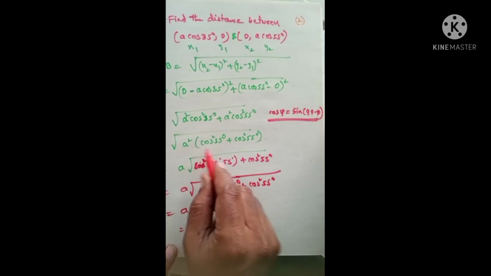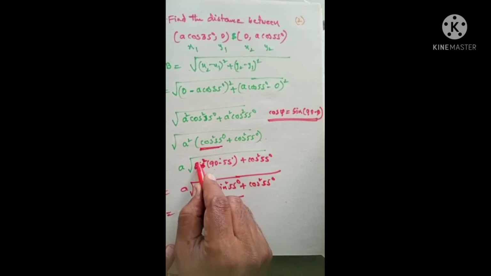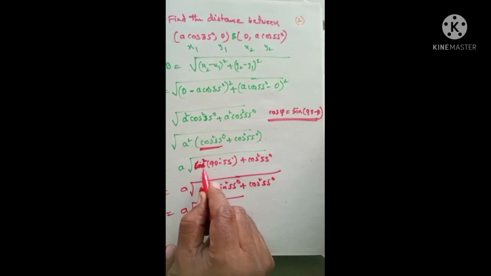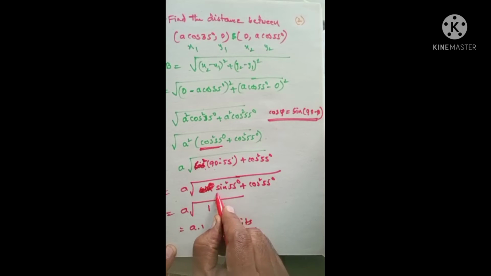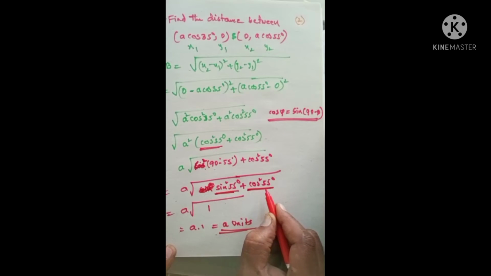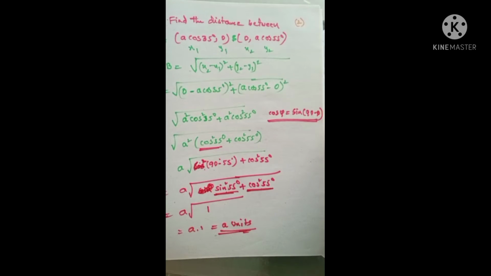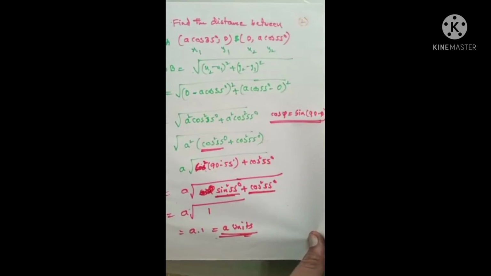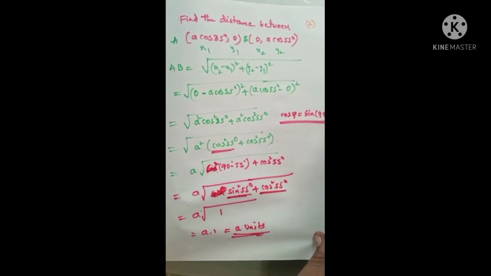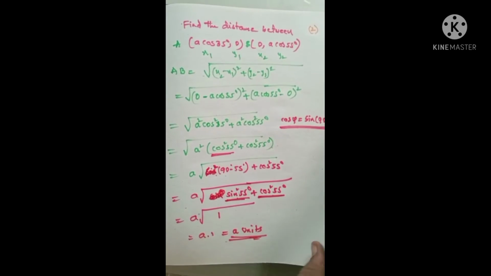Once again I am explaining: cos square 35 I wrote as cos square of 90 minus 55. So cos of 90 minus theta is equal to sin theta. So this is as it is, cos square 55 degrees. You know that sin square theta plus cos square theta is equal to 1. A into 1 is equal to a units, is the answer. So this is one of the important pattern questions, beta. Be careful, sometimes you will get a connection. Connection means one chapter is connected to another chapter, so you want to use the applications of both chapters.